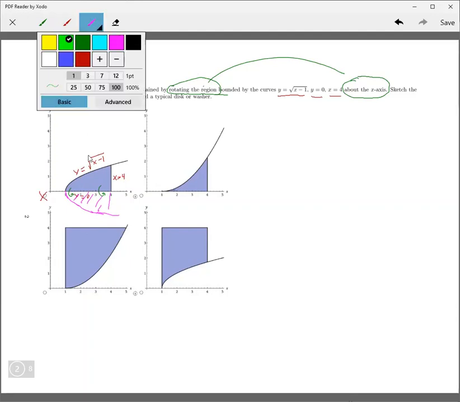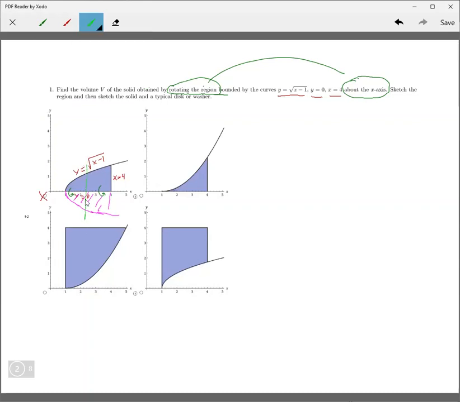Let's say you take a cross section of that. You take that cross section, you're going to get a circle. And the radius of that circle is going to be this distance from here to here, which is going to be the square root of x minus 1. The area of this circle, the cross-sectional area, is going to be pi